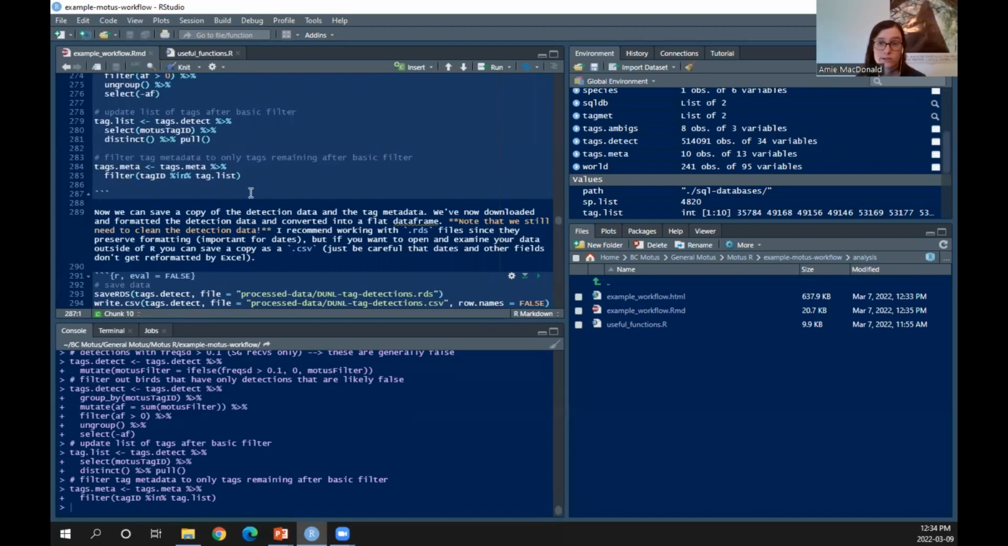And if you want your tag metadata, now that we've downloaded it and converted it, so that way you have a saved copy if you want to come back to this analysis later. However, I'll note that the detection data is not yet cleaned to remove false positives. So we still will need to do that. But let's save a copy first so that we can come back to it later,